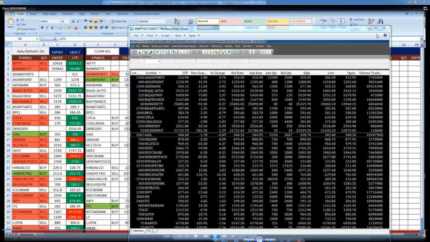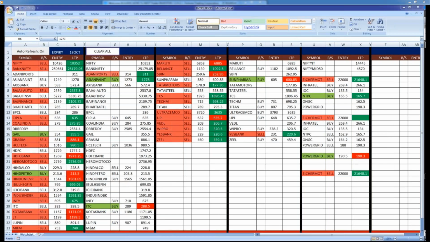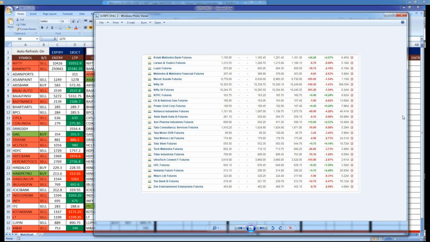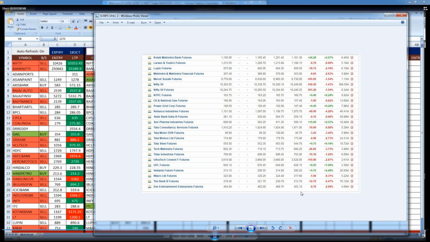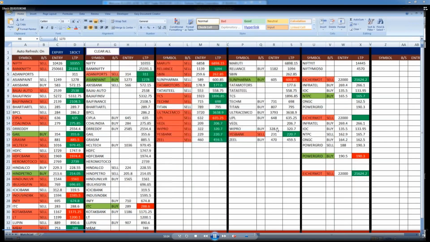So it has triggered at 460. 470 is our long-term trend, so that is a buy call that did not get triggered. 460 was an entry that got triggered, and it made a low of